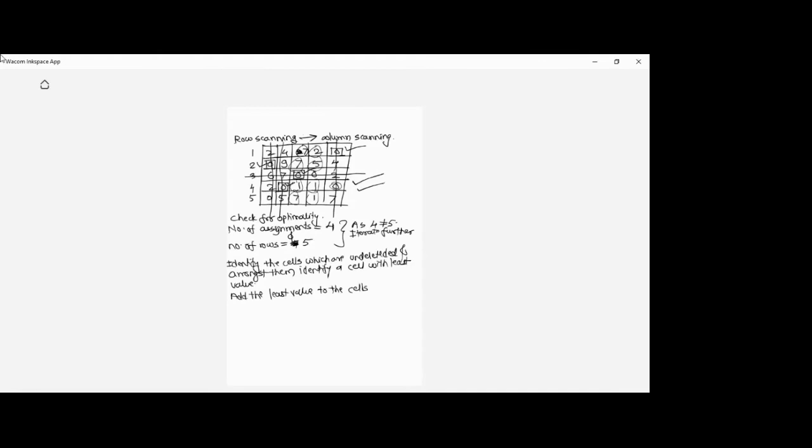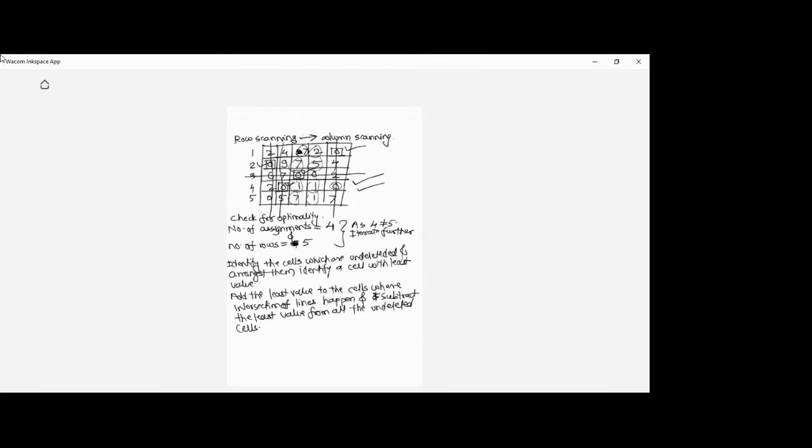cells where intersection of lines happen, and subtract the least value from all the undeleted cells,